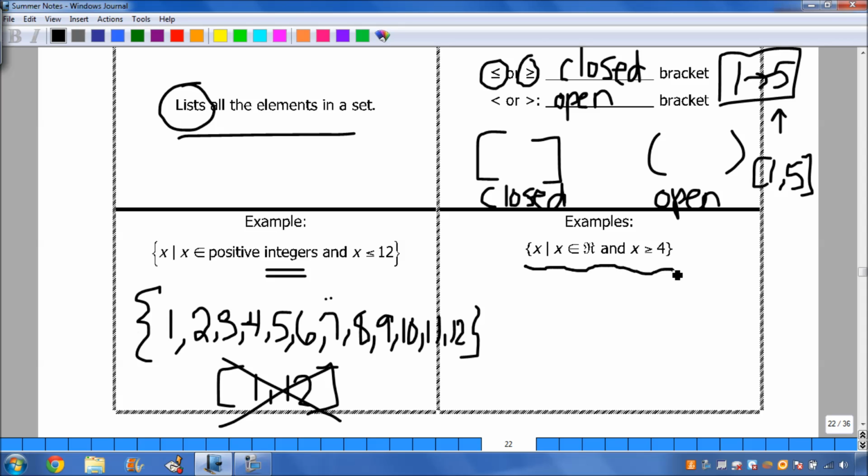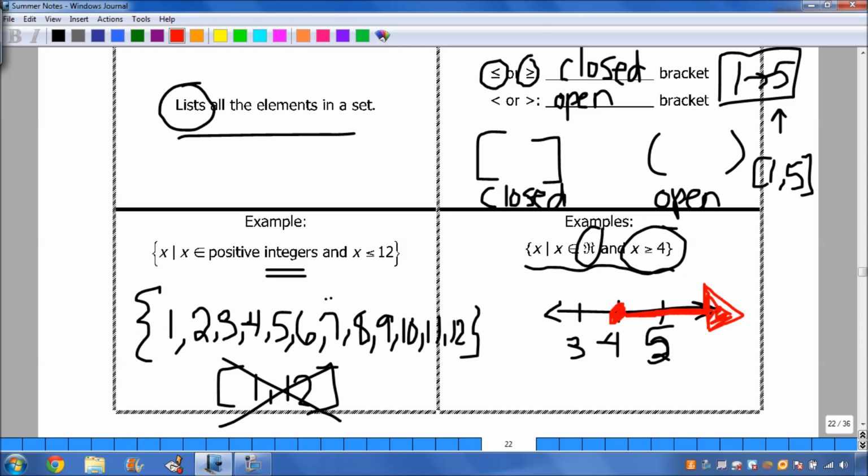Now this example right here, x is an element of all real, so all possible numbers that we know in this class that exist. x could be any one of those numbers as long as it's bigger than or equal to 4. So if I were to graph it out on a number line, I would have 4 right here, 3 right here, 5 right there. I can put a closed circle right here, and it would be every single possible value after 4, including 4, right? If I were to draw this out on the number line, this answer right here on the number line,